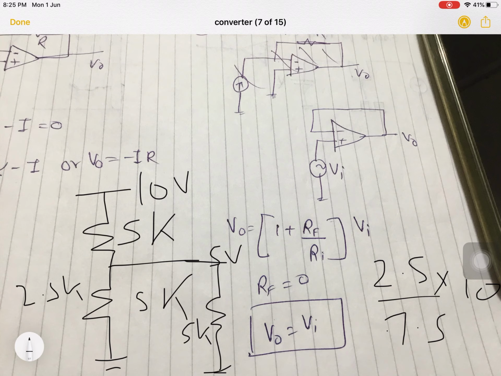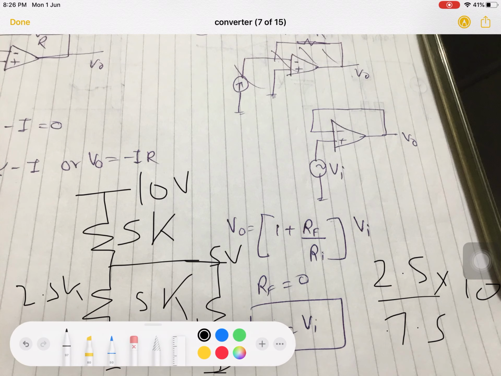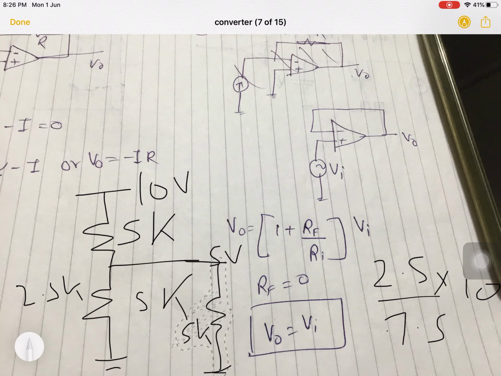Effectively, as soon as I apply an external 5k resistor, the net impedance in the lower half will reduce, and subsequently the net voltage output, that is the voltage division, will reduce. So I will not get 5 volt, I will get some other voltage. So what is the solution for that? The solution is we replace this resistor with such a circuit whose input impedance is infinite.